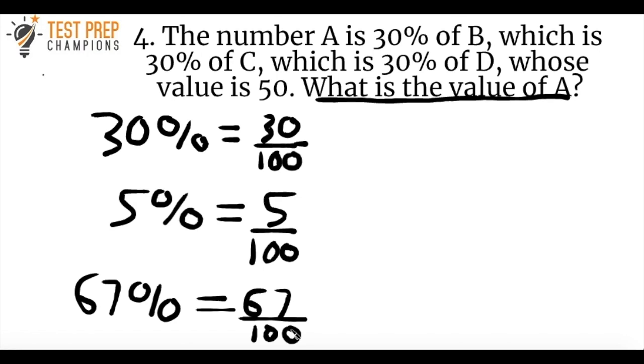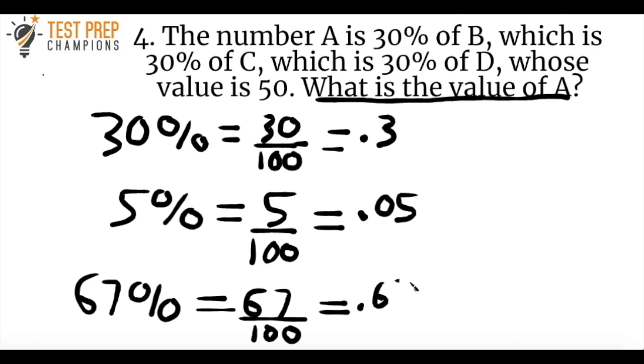Okay, and so we can also write these as decimals. So 30 over 100 is equal to 0.3. Now 5%, or 5 divided by 100, that's equal to 0.05. And 67 divided by 100, or 67%, that would be 0.67. You can get these numbers by using your calculator. You could do 30 divided by 100 in your calculator and you'll get the decimal. You can also use the percent button on your calculator, but the most important thing is to start seeing this